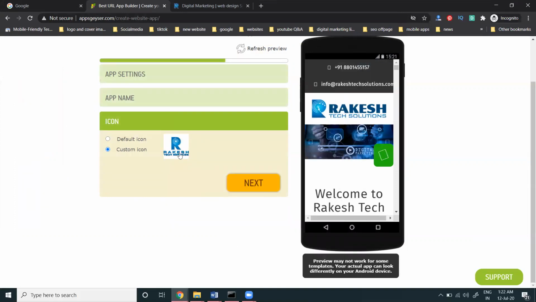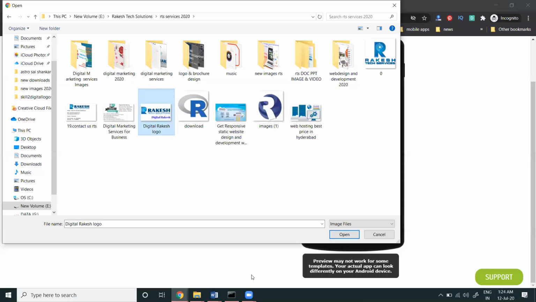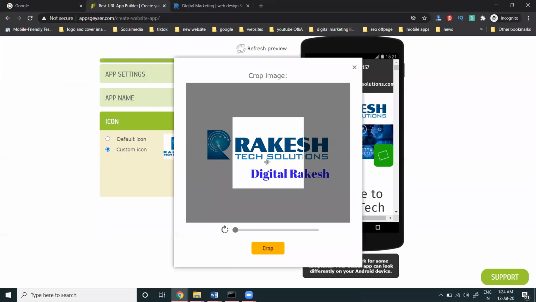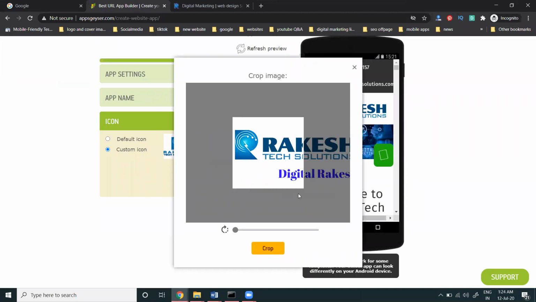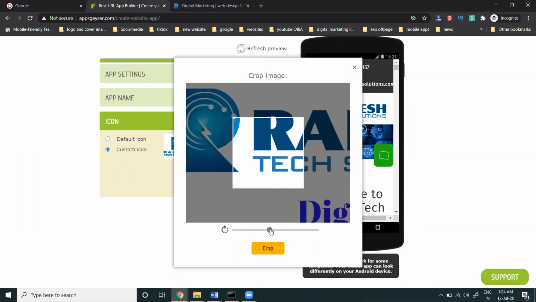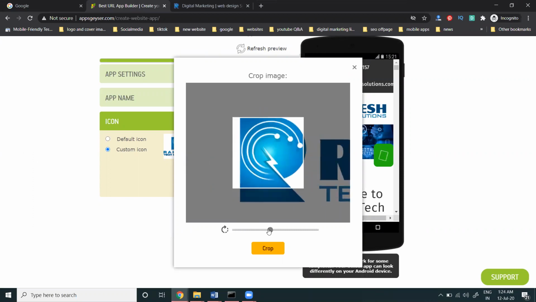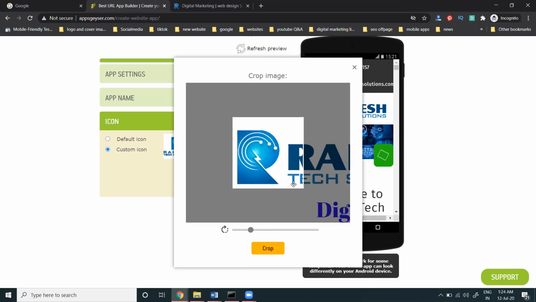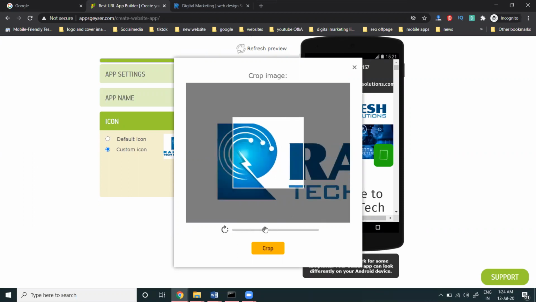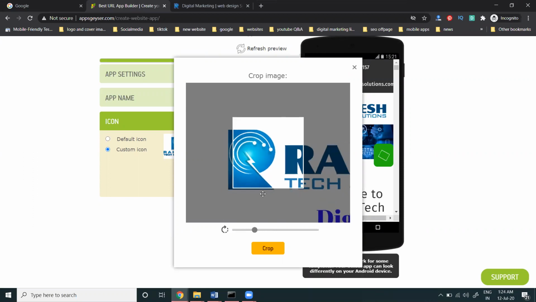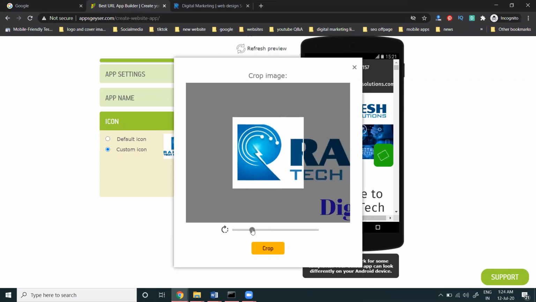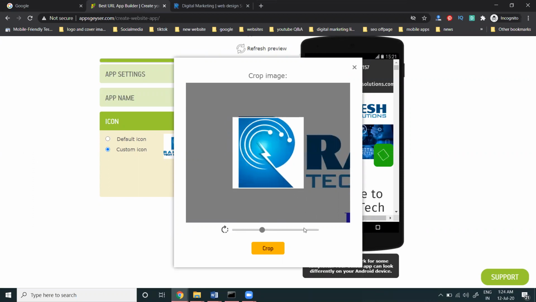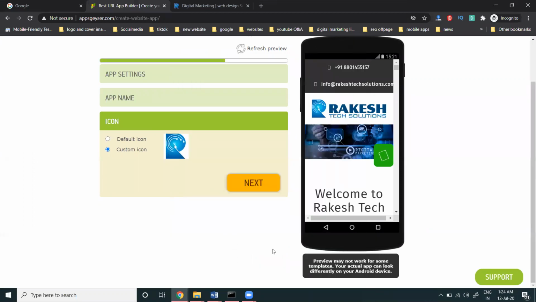This is a logo. I'm just creating a logo here. You can change to any logo in this option. So I'm changing this logo to another logo here. The logo will be shown at the particular size. You can resize it and use it as the logo. So we can use the particular logo option here and crop your logo.